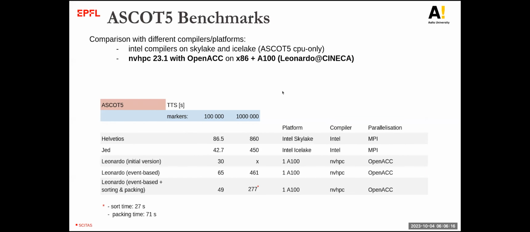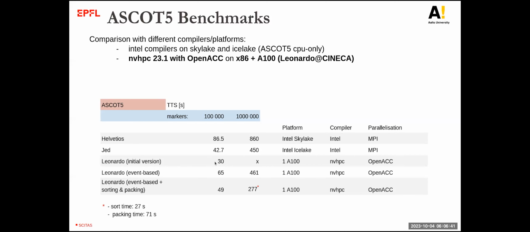So here are the results that we could see. So the Helvetios and JED are the machines that we have here at EPFL. So it's an Intel Skylake and Ice Lake platform, so this is a CPU. And these are the timings we get with those, for 100,000 particles or for 1 million particles. And then this is the OpenACC parallelization. So the original version,